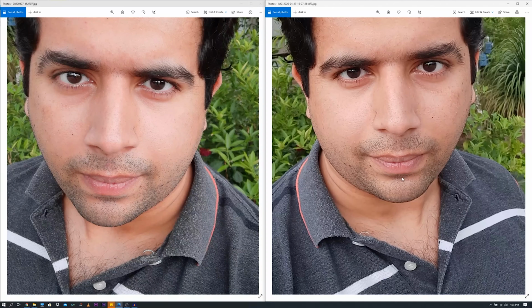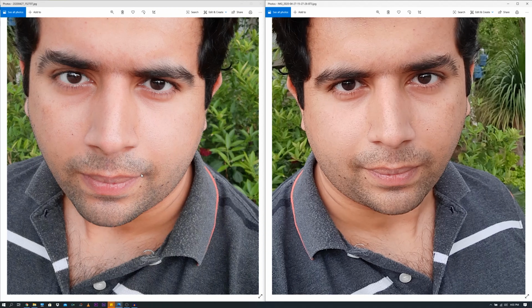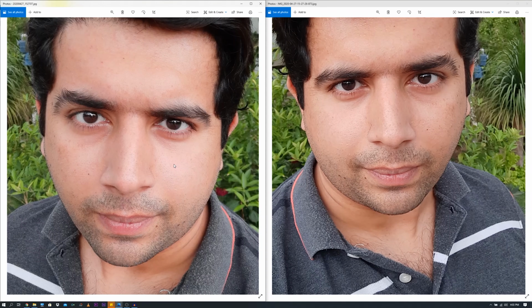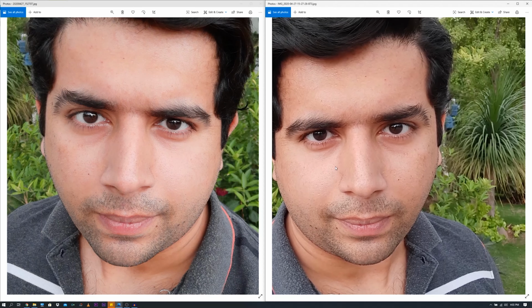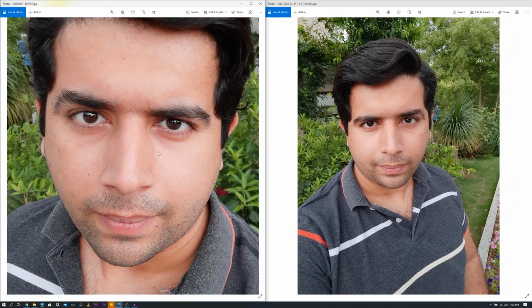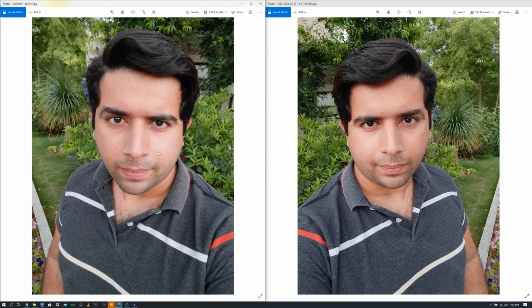If we talk about the details here, the details are definitely a bit better on the stock camera application, and that is because this picture that you're looking at from the stock camera application has a resolution of 32 megapixels. The picture from the Camera Go application is of 5 megapixels only, so you can definitely imagine that the lower the size, the lower will be the details of a picture.